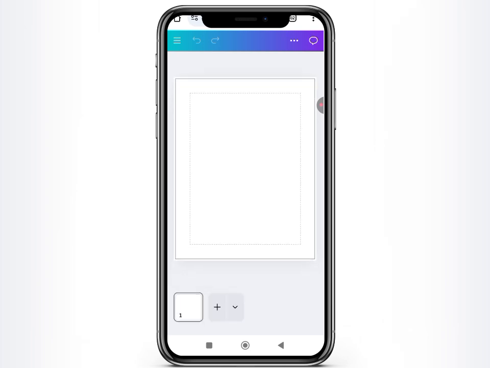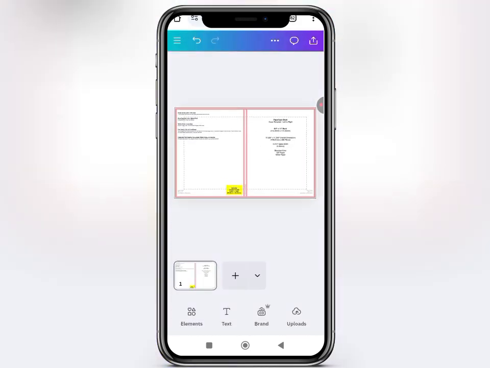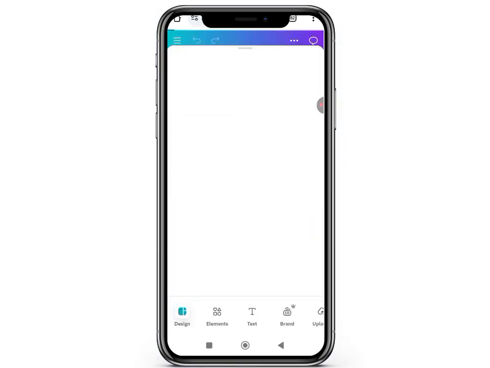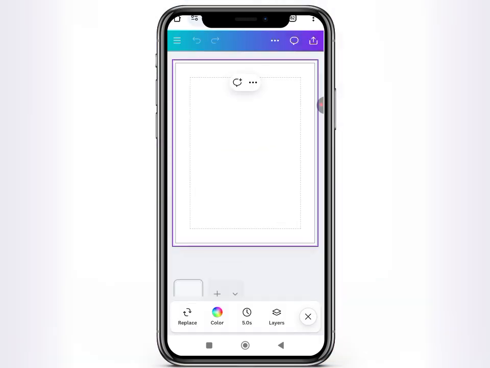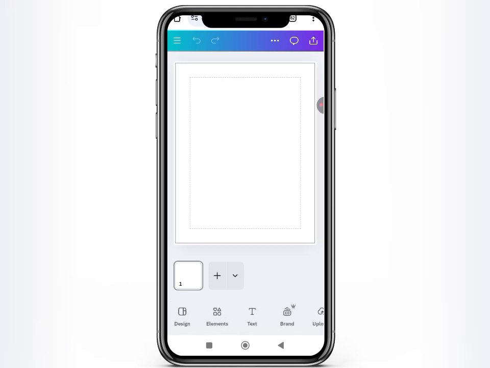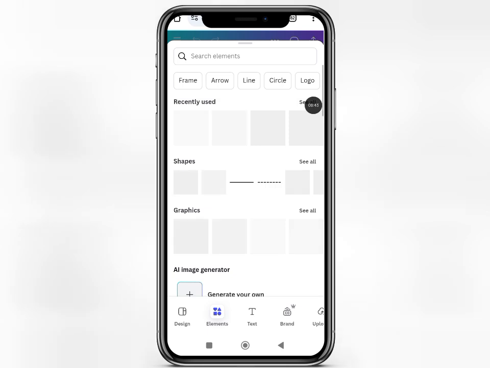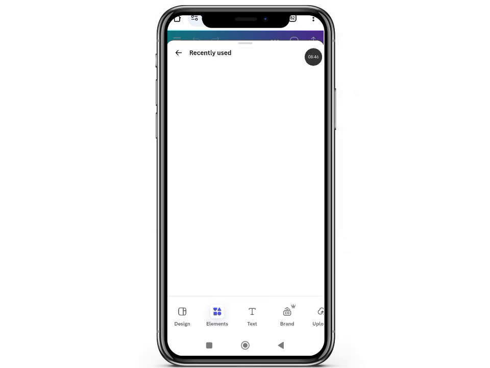So remember, we have two designs opened right now. One is this particular area, and another is the other part where you have the cover where we've uploaded our stuff to, which is this one, right? So let's head back to this particular size, which is 8.5 by 11 inches. The first thing I want to do is to go and get my cover. So I go to elements, and because I have used this particular stuff before,